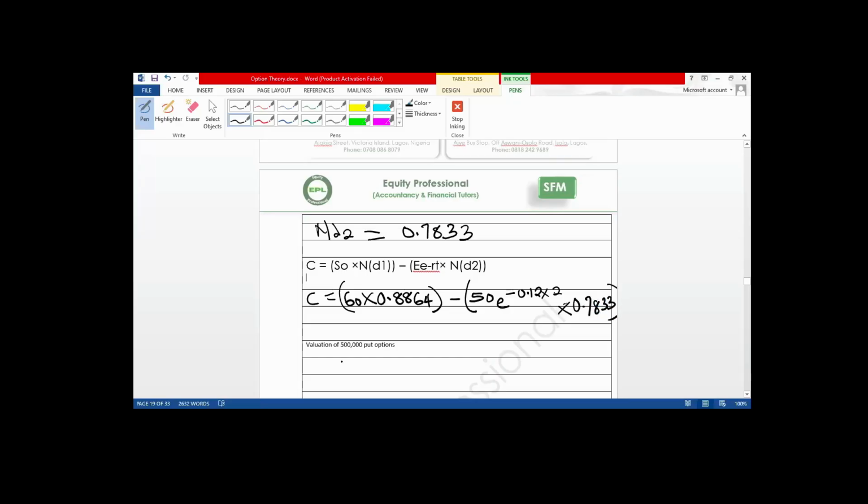Now let's apply our calculator. 60 multiplied by 0.8864. You can do it one by one. C is equal to, this will give me 53.184, minus